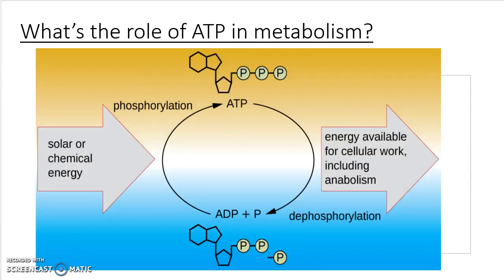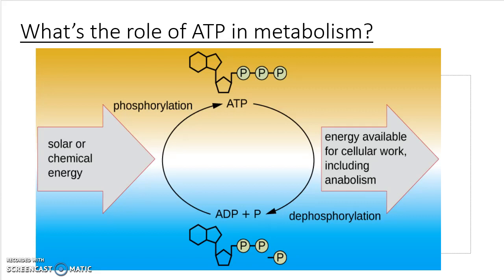And when we look at this process, we also have to consider the role of adenosine triphosphate in metabolism. And if you look at this figure here, you can see that when we pump energy into this reaction, we're going to take our adenosine diphosphate, which has two phosphates, and use that energy again to shift our electrons around, and we're going to do a phosphorylation reaction where we're actually adding a phosphate onto the end of this molecule